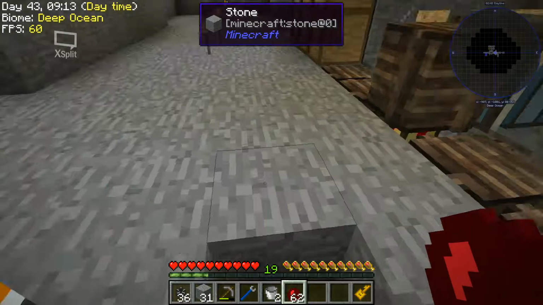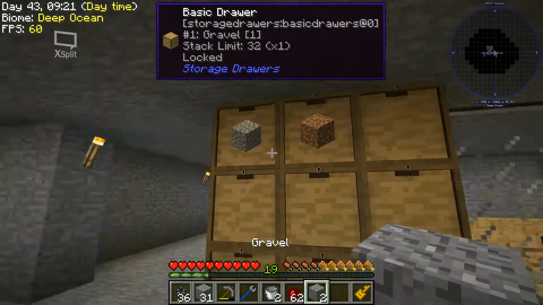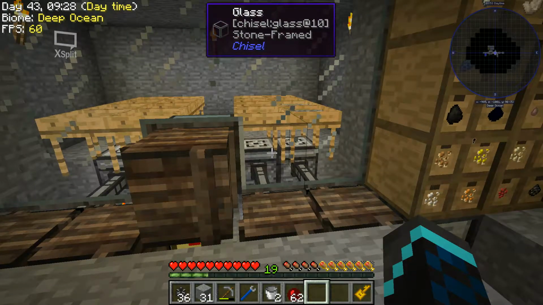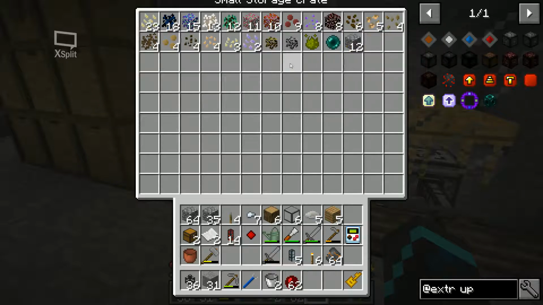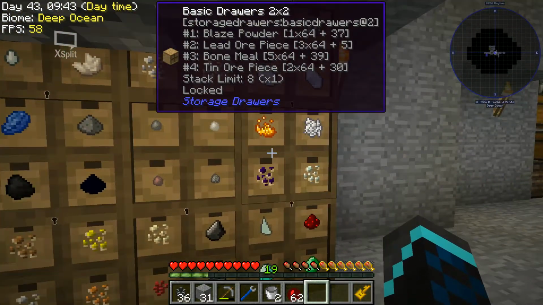Put you there. So that's all well and good. What I can do if you want is we can do a quick test of the system just to show you how it works. So what will happen is it'll go into here first. I was killing some Endermen and that's where those came from. And then it'll come into this drawer controller, go into this drawer system, and then what it'll do is